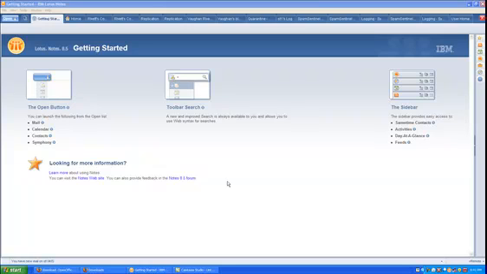In this video, I'm going to show you how easy it is to create a cluster for your Domino servers. This means that the Domino servers are able to synchronize their information in real time. As soon as one server is updated, the other one's also updated with any information that's on it. And if one server should go down, the users can automatically fail over or begin to use the other server